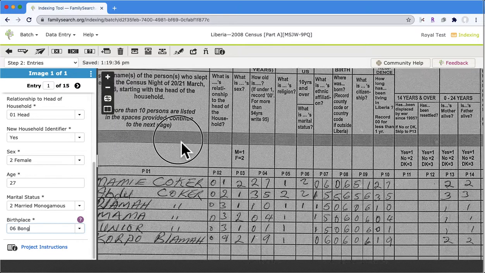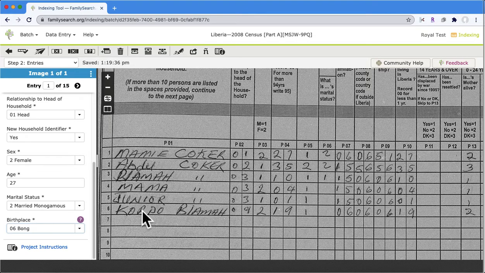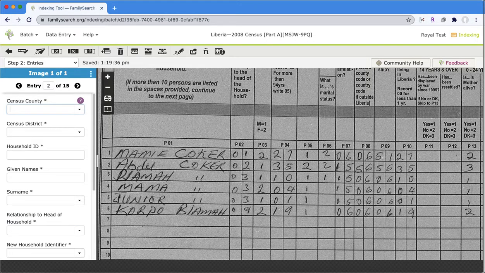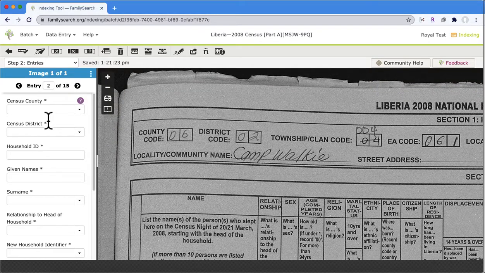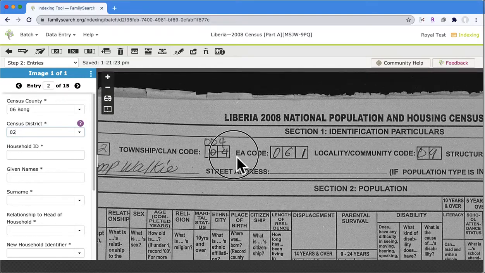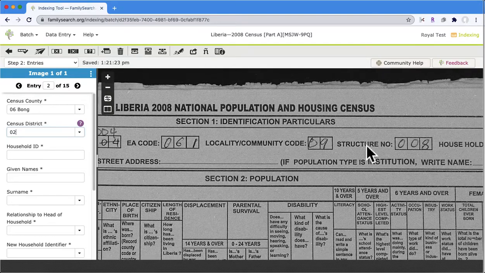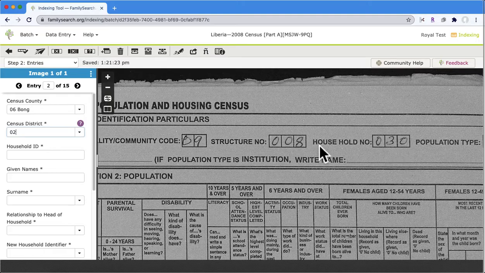So what we need to do is do each one of these 6 entries. We'll tab to get to the beginning of the next one, and we see that FamilySearch has already added 15 blank entries in case there were that many names. So we'll go through the same thing we just did on the previous one. The census county is 06. The district code is 02. The household ID is way over here. 030,